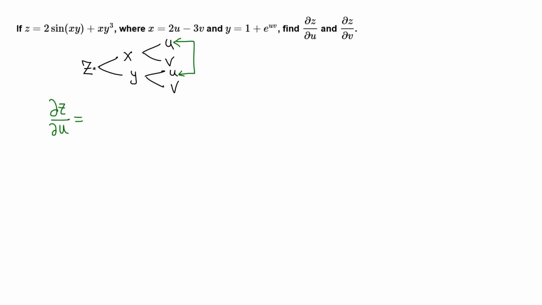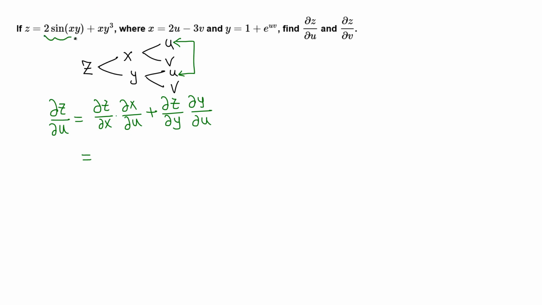Okay, that is partial of g with respect to x times partial of x with respect to u, plus this branch, partial of g with respect to y times partial of y with respect to u, which is, in this case,